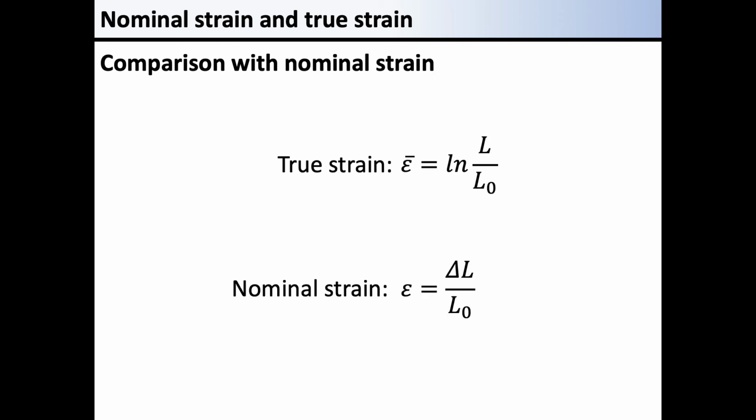Suppose we are arguing only about strain. One may recognize the nominal strain as the true strain, or others may recognize this logarithmic strain as the true strain. There is not much deep meaning to call this strain as true strain. In general, you may understand that we call this strain as true strain to correspond to the true stress. Anyway, here, you should remember that strains described by this logarithm are called true strain.